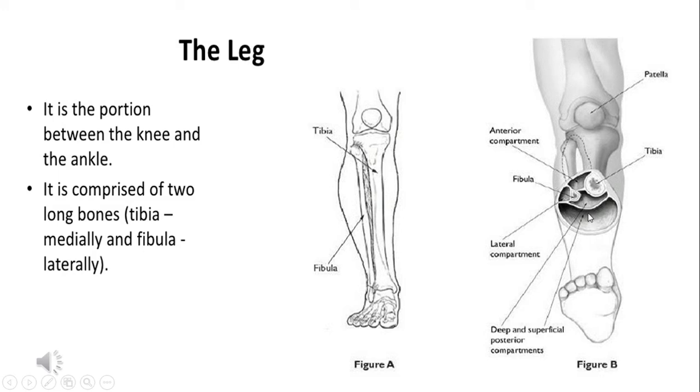The leg is divided into compartments. You can observe between tibia, interosseous membrane, fibula, and the anterior septum, and the layer of deep fascia, this is the anterior compartment. Then we can observe here between anterior and posterior septa, the lateral surface of fibula, and the lateral part of deep fascia, the lateral compartment of leg, and then the larger posterior compartment, which is bounded by